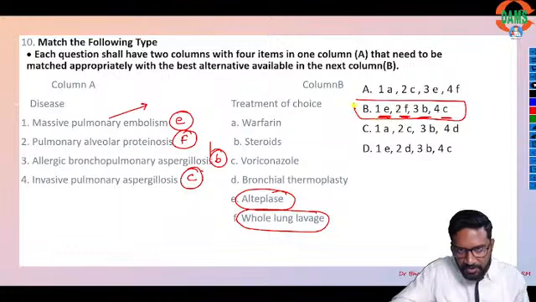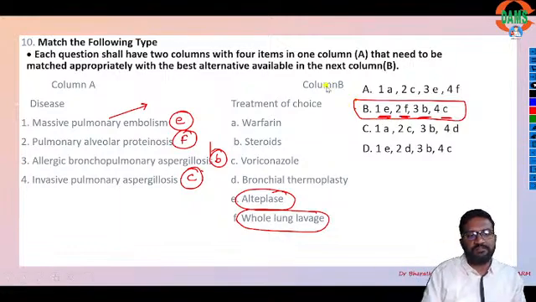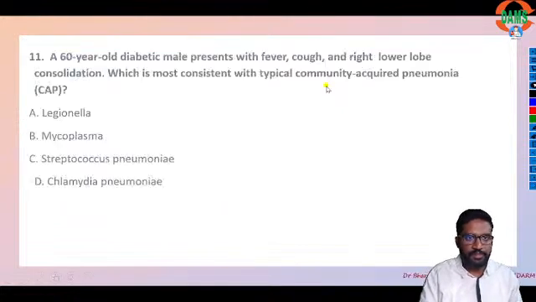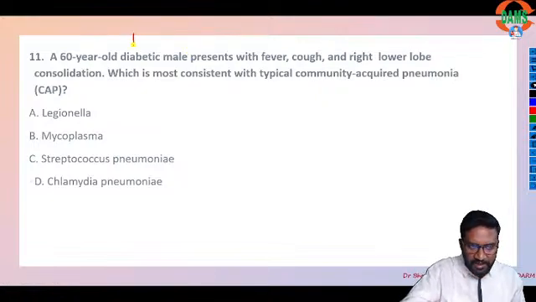So you should know the treatment of choice for each and everything. Massive embolism, thrombolysis. Pulmonary alveolar proteinosis, whole lung lavage. Allergic bronchopulmonary aspergillosis, steroid. Invasive pulmonary aspergillosis, it is voriconazole. Okay. Then this is again a commonly asked question in INICET: pneumonia etiology,